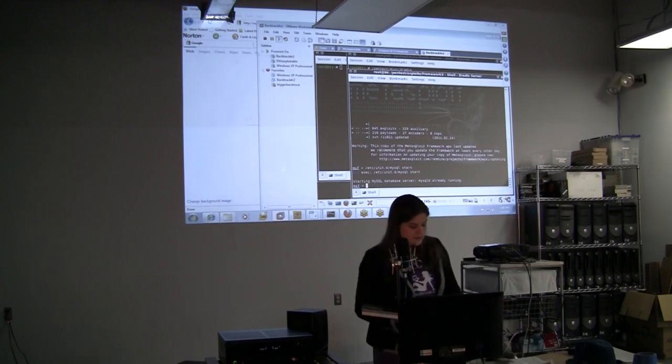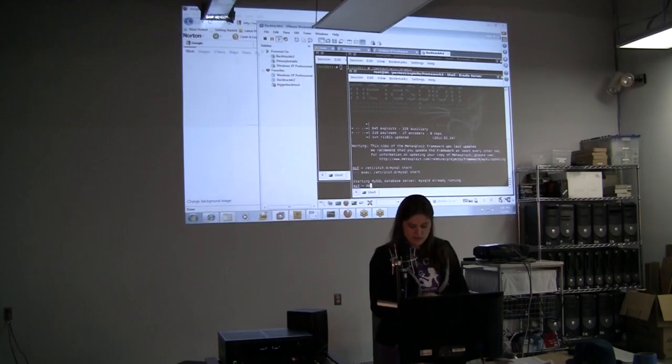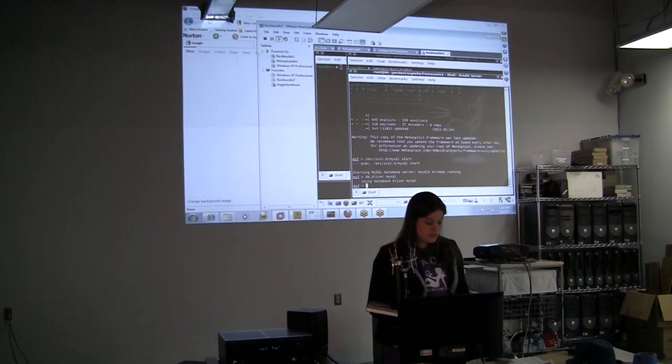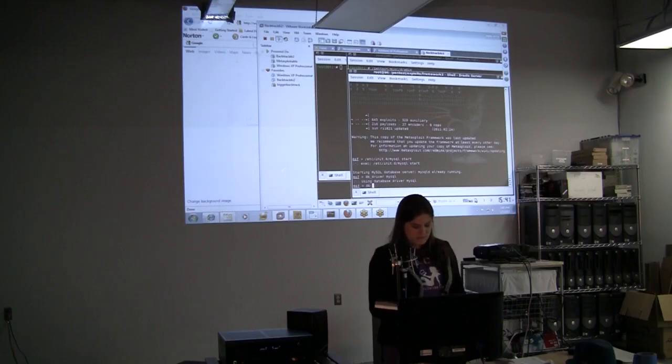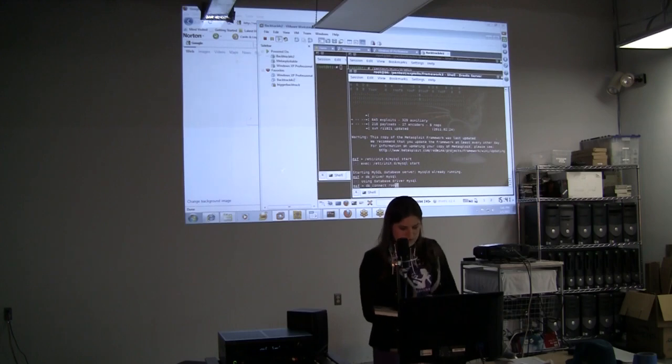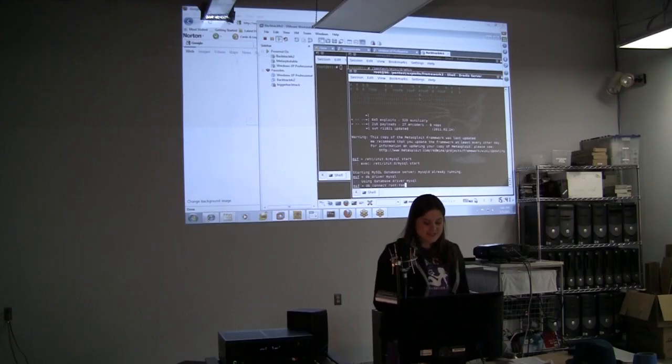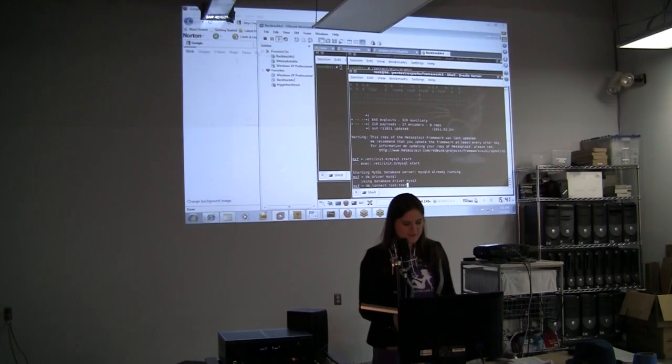So all we have to do now in order to use it is say db_driver mysql, which tells it which driver to use. That was easy. Now we want to connect to our database, so db_connect. Root and toor are our default credentials in BackTrack. It's probably best, if you are ever actually using BackTrack outside of a class, to change your credentials for root to not be toor, because then everybody knows that it's root toor.